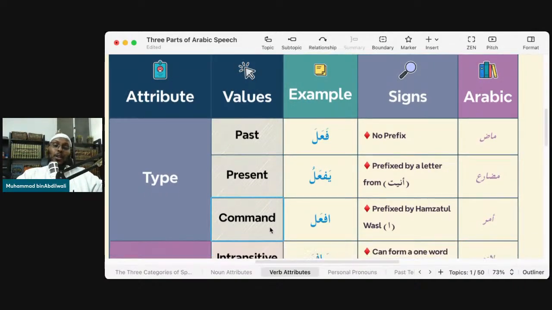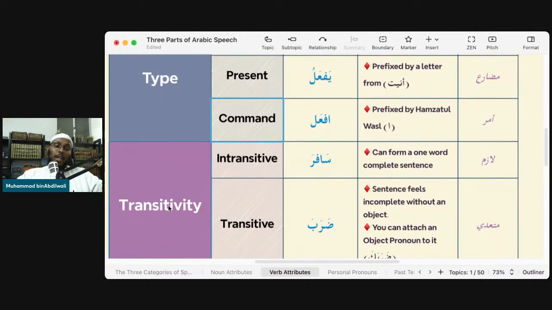Okay, so every verb you come across, there is something called transitivity. Now, stop, don't run away. It's not that difficult. That's just the English word, right? I know it sounds extremely scary and what have you, but it's actually very simple. Think of the word transfer if you like, right? This verb, does it have an object? Does it affect someone else or something else? If the answer is yes, then we call that fi'l muta'addi, a transitive verb.